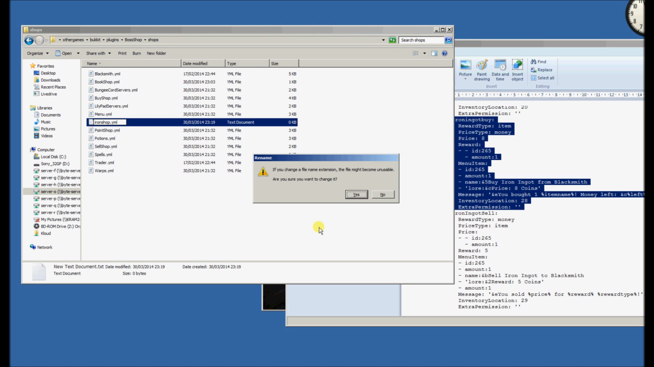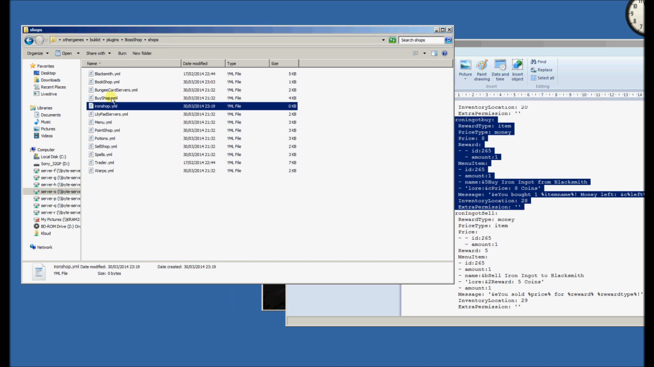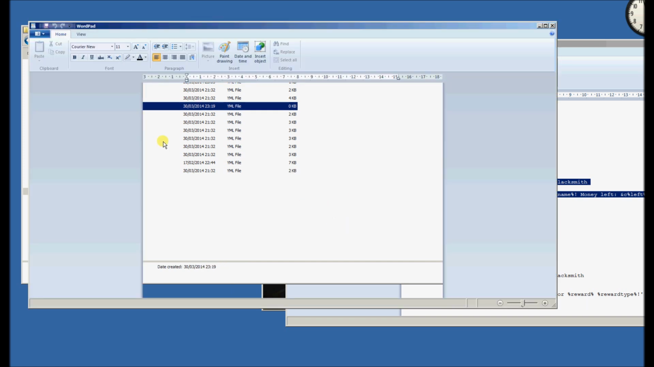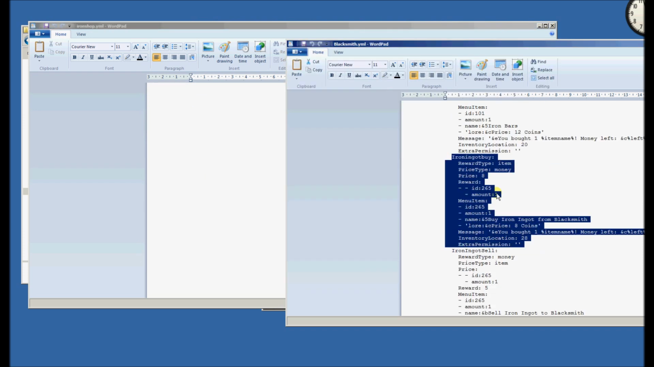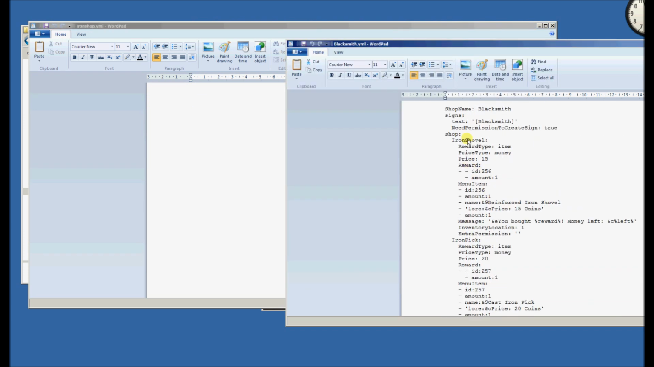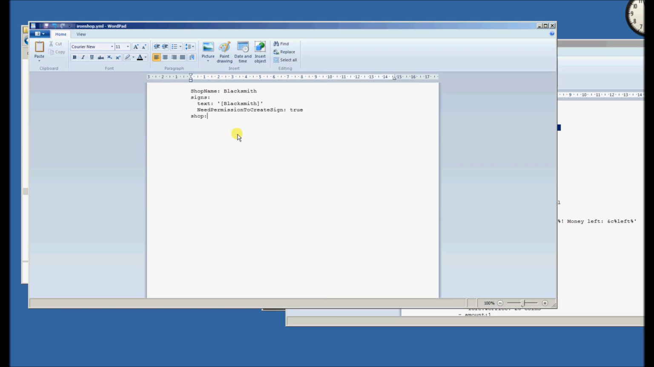Just confirm that I want to change the file extension. There we go. And then open that up, and there's nothing in it. So what I do is, you definitely need this top section here. This is the area that starts the shop file. So if I just copy and paste that in here, iron shop, text iron shop. So I've changed the name of the shop, I've changed the name of the sign, and now I just need